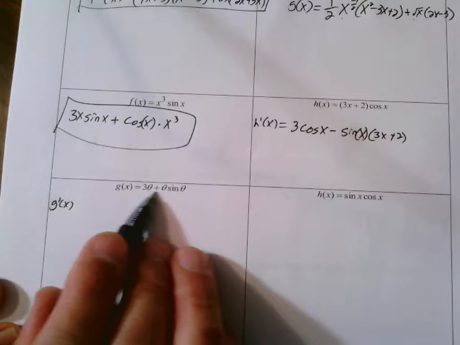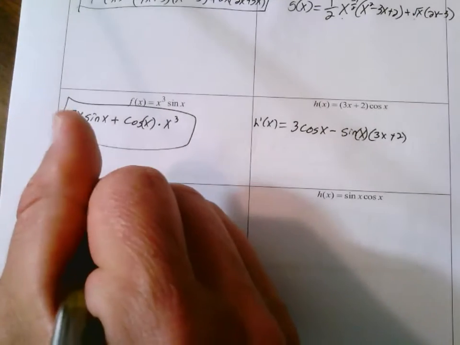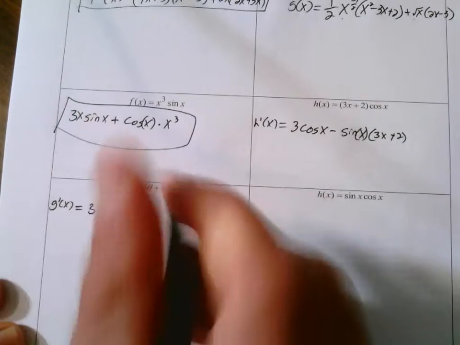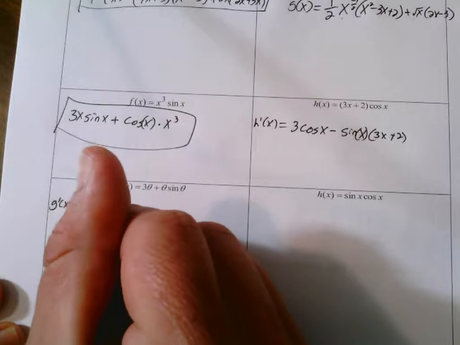Alright, so first off, this is a plus. Just don't worry about that. They're trying to confuse us. The derivative of 3 theta is 3. Now we have a multiplication. I got theta times that, so derivative of theta is sine